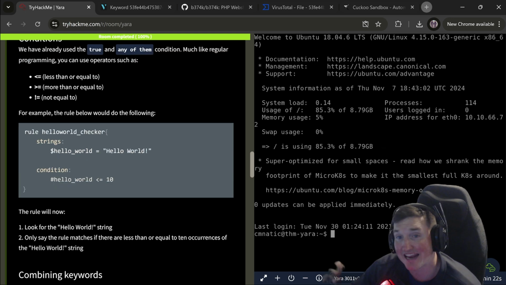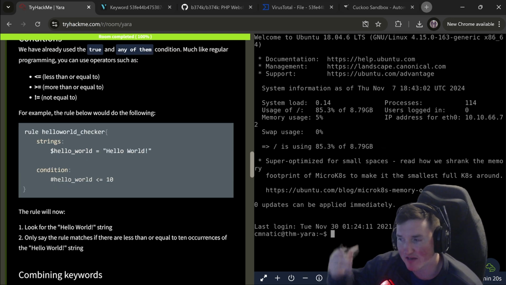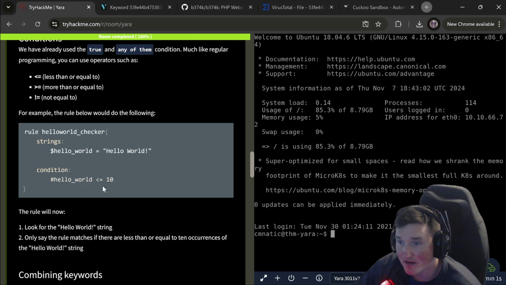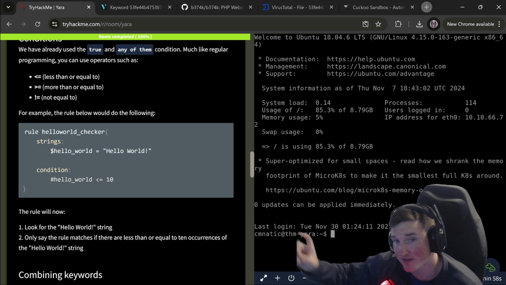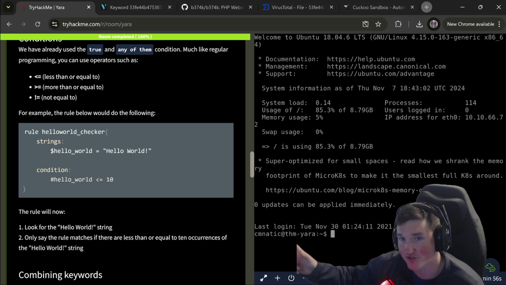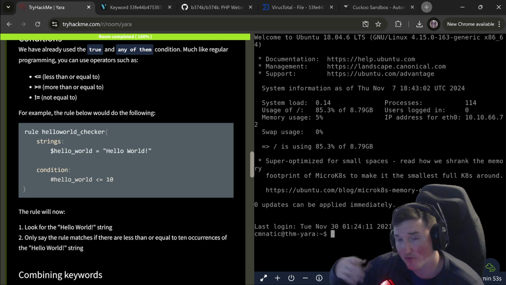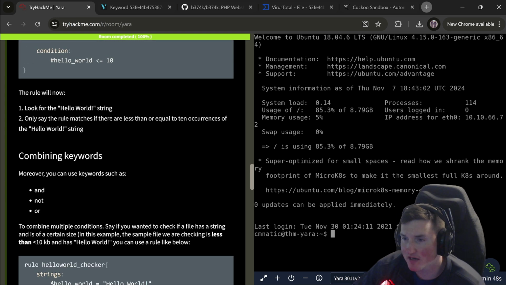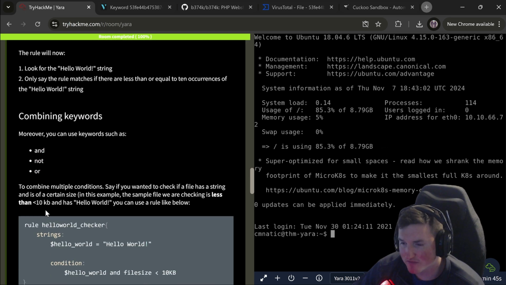The other thing you can do is ands and ors. So for instance, if you know that a piece of malware has to make an outside call using curl or whatever, right? Because you've seen that malware 100 times and it uses curl. Well, you could say, hey, if you see curl and this malicious address or IP, then let me know. If you just see curl, don't worry about it. But if you see curl and a malicious IP, let me know, right? So you can use and, not, or, etc.